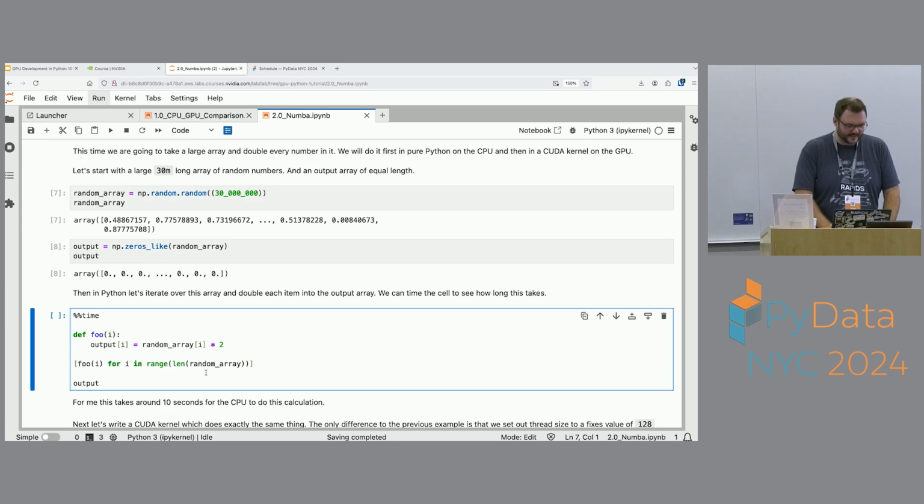It's a simple operation. In Python, we would write this as, we take a number in, we put the value into our output array, and we double that input array. And then we write our list comprehension that just loops over the NumPy array, doubles each item, and puts it into the output array. And if I time this,